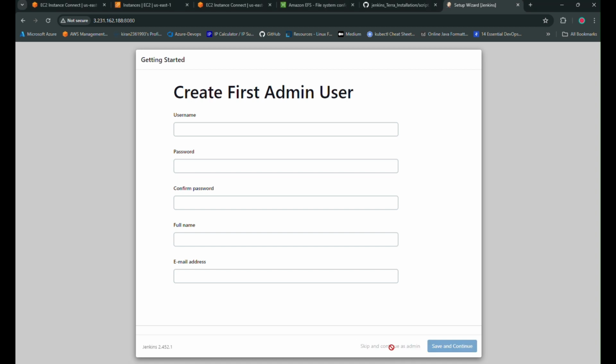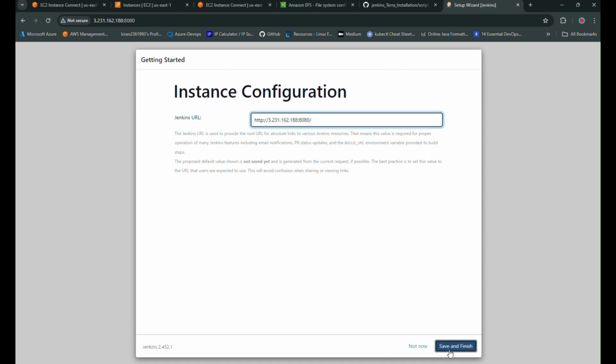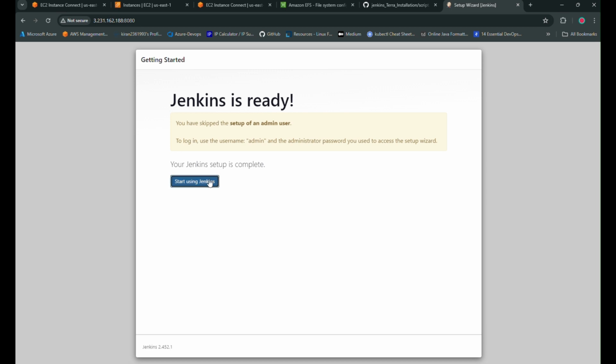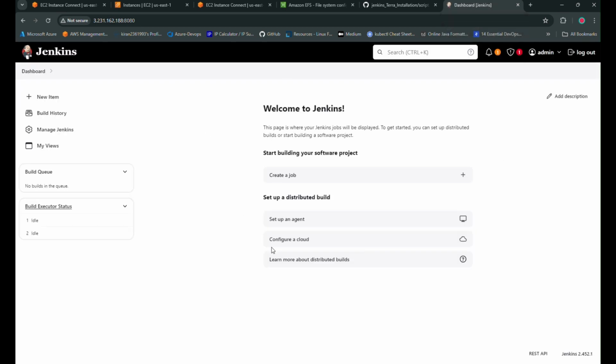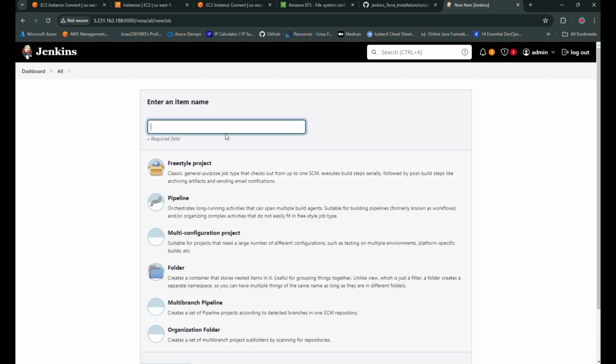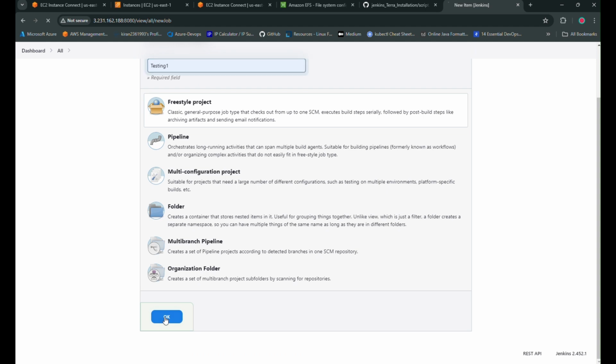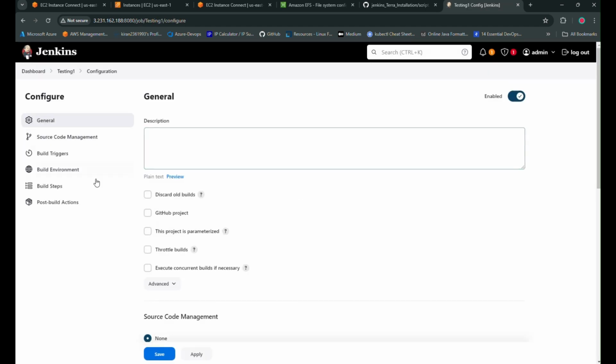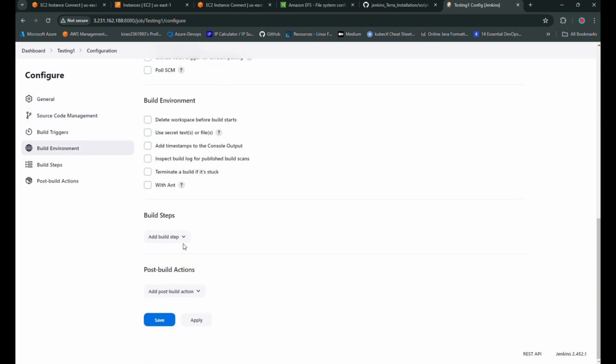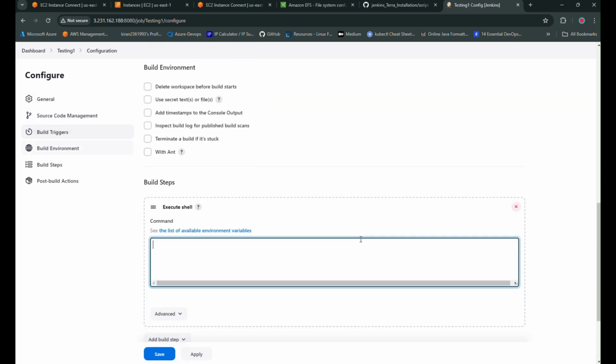Skip and continue as an admin. Save and finish, start Jenkins. Now I'm going to run one small job. I'm going to run one freestyle, select testing one, scroll down and then click on OK. Scroll down, select shell here, #!/bin/bash